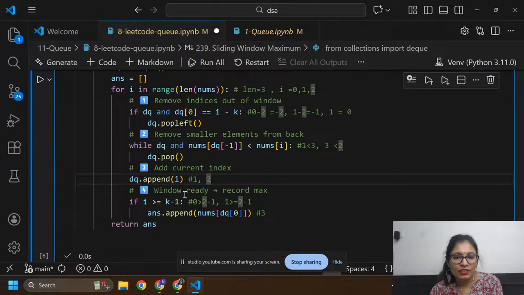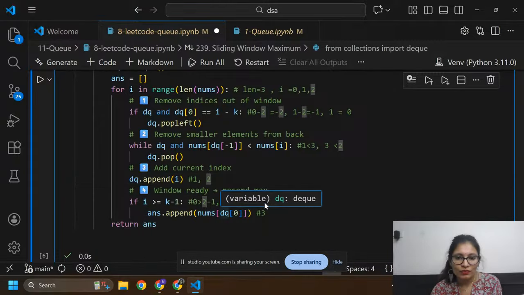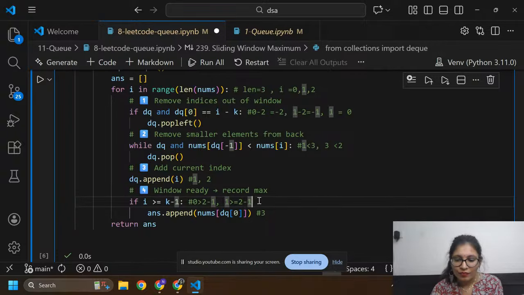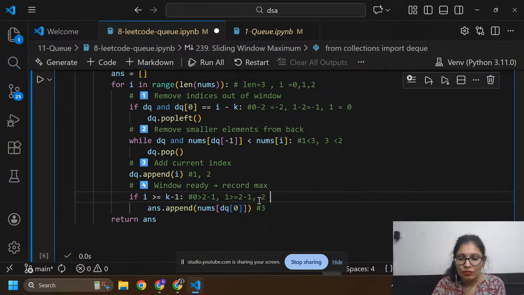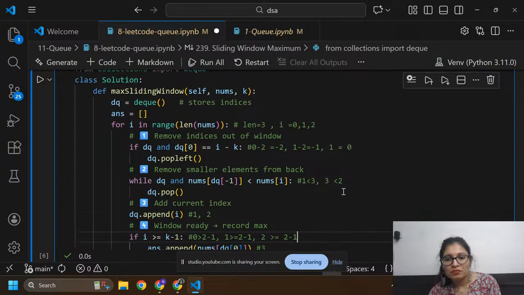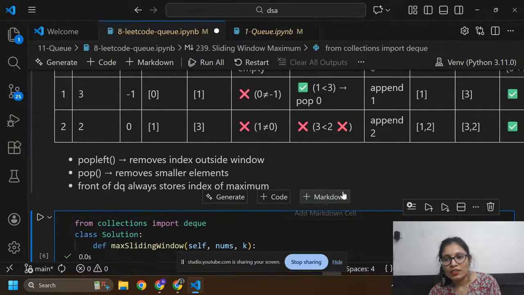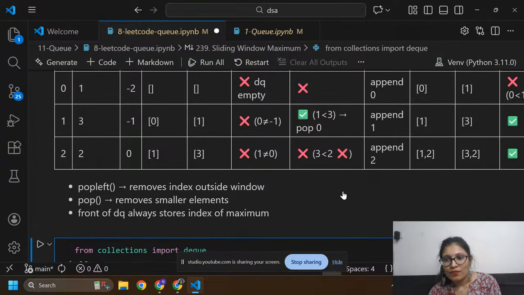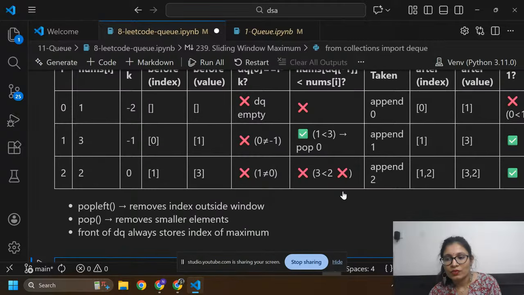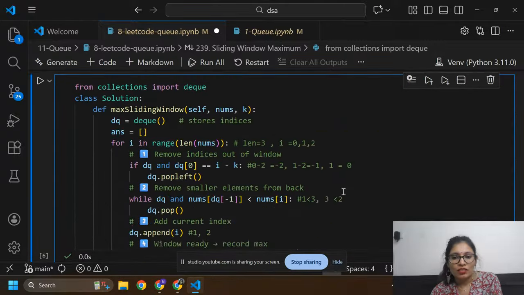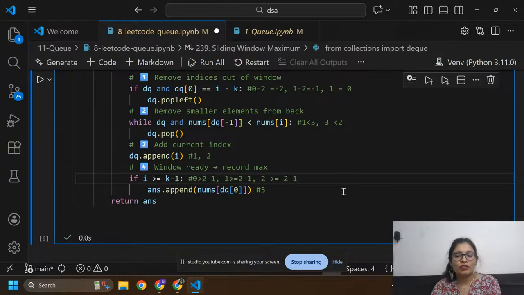After this I am going to check this condition. i equals 2 is greater than or equal to k, which is 2 minus 1. So this condition is true. 2 is greater than or equal to 1.